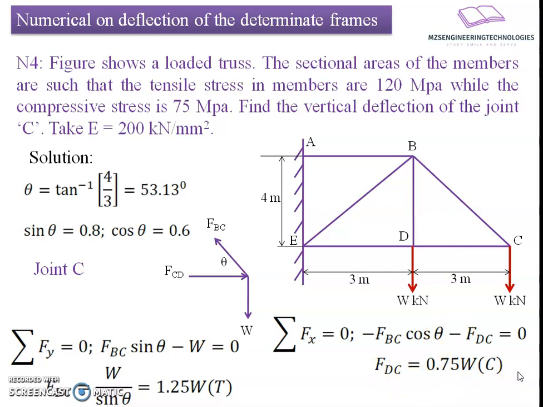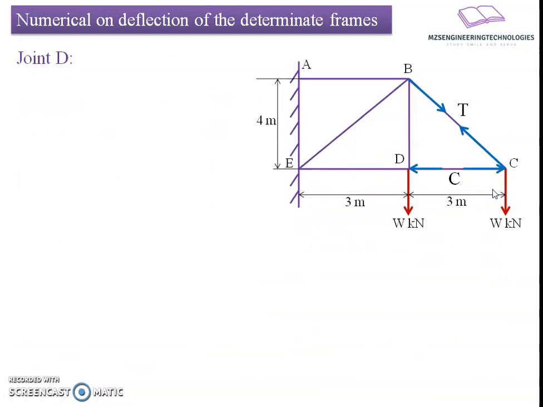Since I am going to identify the nature of the forces, or what vectors the member is going to carry, I will put the vector notation in terms of arrows, which shows the pushing action, meaning it's a compressive force. If it shows a pulling action, I am going to say it is a tensile force which is going to develop here. Now I will move towards the next joint D.